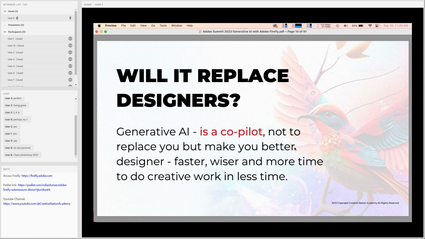Generative AI is a co-pilot for you if sometimes you're having like a creative burnout, it will give you a way to ideate much faster, but it doesn't give you the actual result that you're going to pass to your client as the final product, right? For me, it's a tool to execute my ideas, to get more creative with how I position, to do compositions, and to even experiment with styles that I have never seen before.